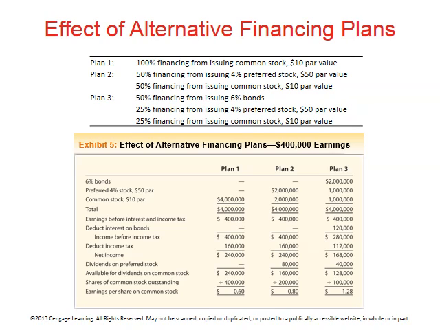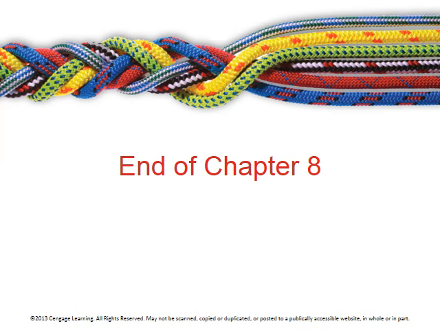The key here is that usually companies use all 3 methods. You use bonds, you use preferred stock, you use common stock. Typically, your big companies have all of these. And that's the end of chapter